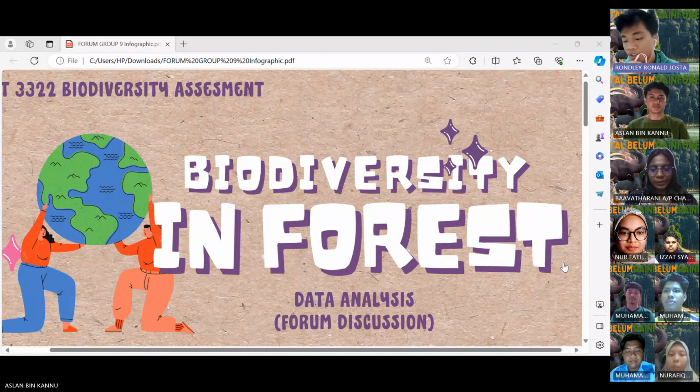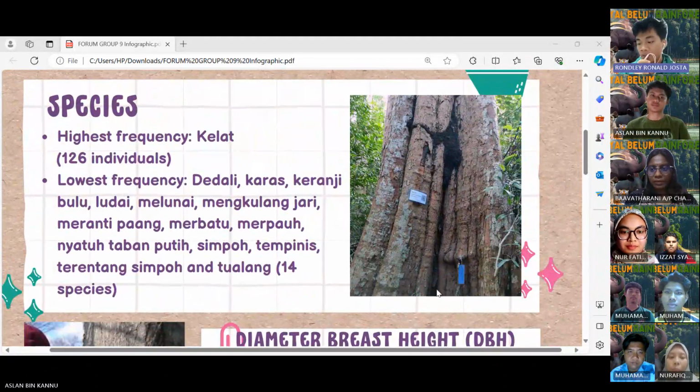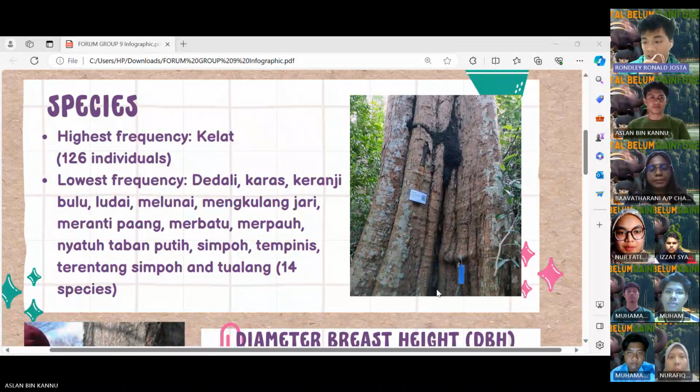Alright, based on the data of plots given in the Excel sheet, we will discuss and identify a few important points of the result. The data of plot in the Excel sheet show that there are 947 species found in a total of 4 plots. After sorting the data with the same species, the total is 95 species.